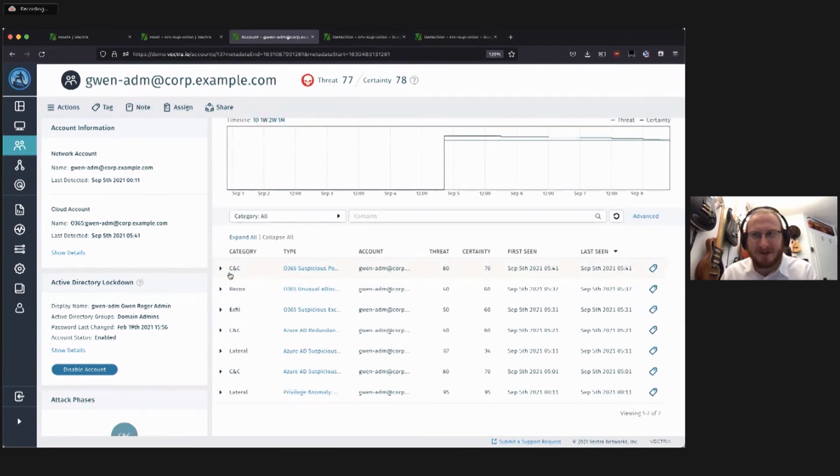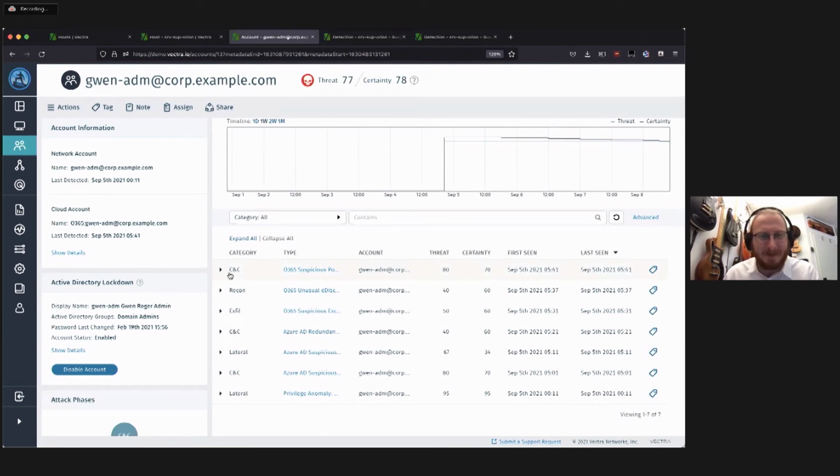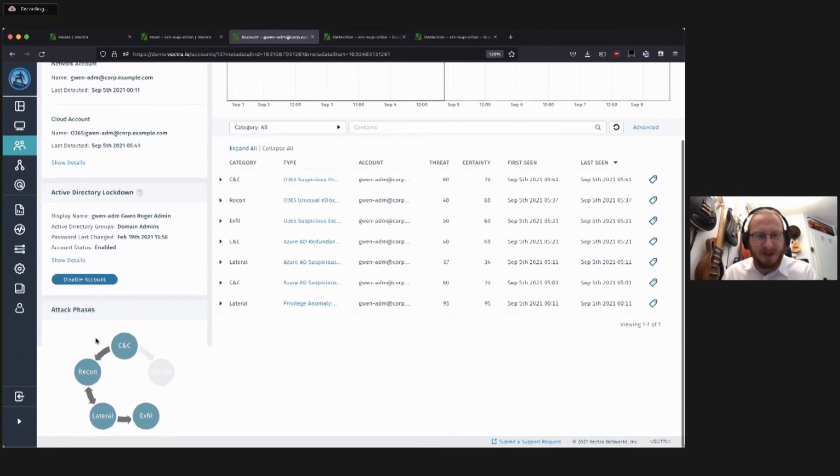And that's where it gets really, really interesting. You can see the threat score and the certainty are very high as well. What we can see here from the attack phase is even more. There was some exfiltration, some lateral movement within your cloud environment, reconnaissance and command and control. Let me show you how that works.